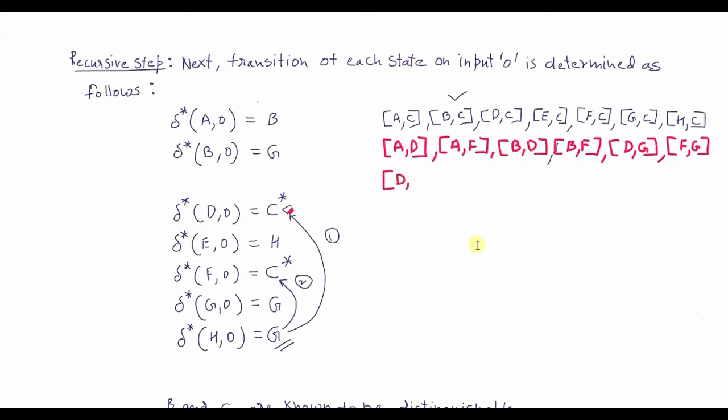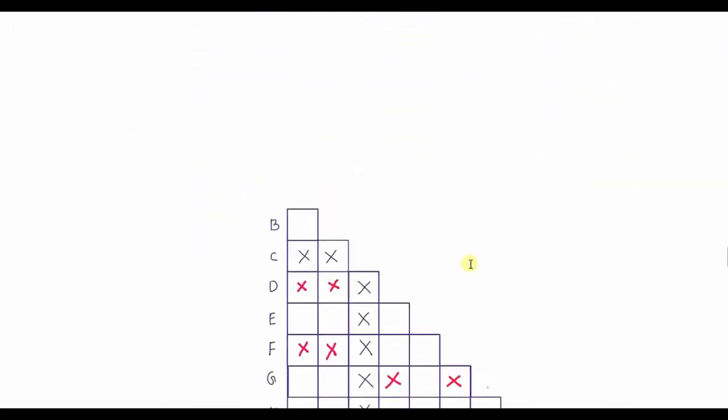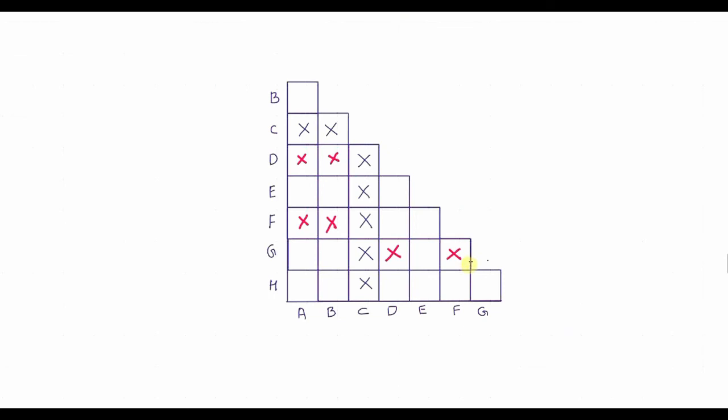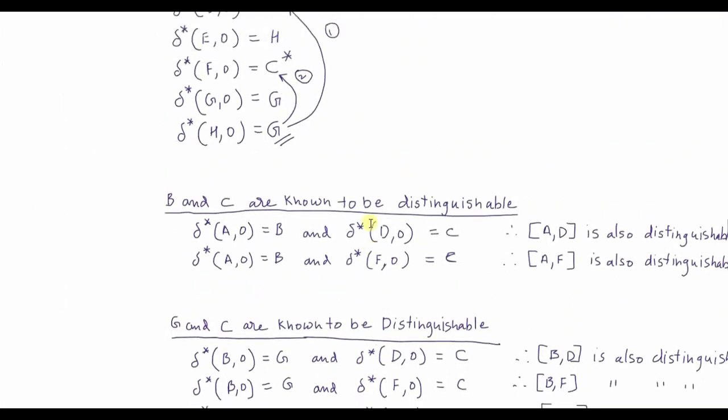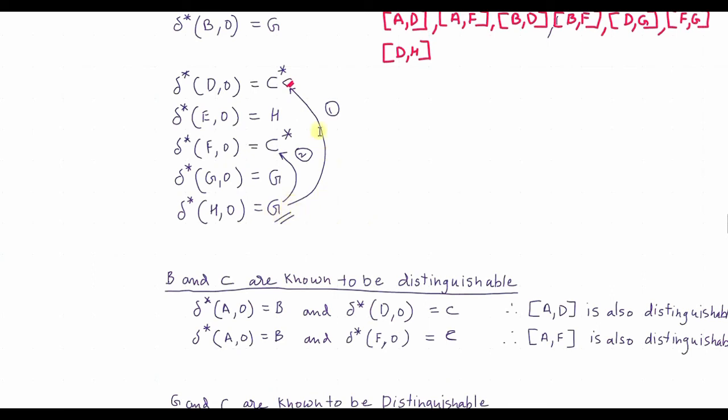D comma H will be added here, and in the table I will be marking cell D comma H. Now if you note D comma H, you will not have any more cells here. So if D comma H is not possible, you have to see H comma D. So H comma D happens to be this cell. So I will be marking H comma D with X. Now after seeing this G with this C, that's the first combination. Now you see this G and this C, second combination.